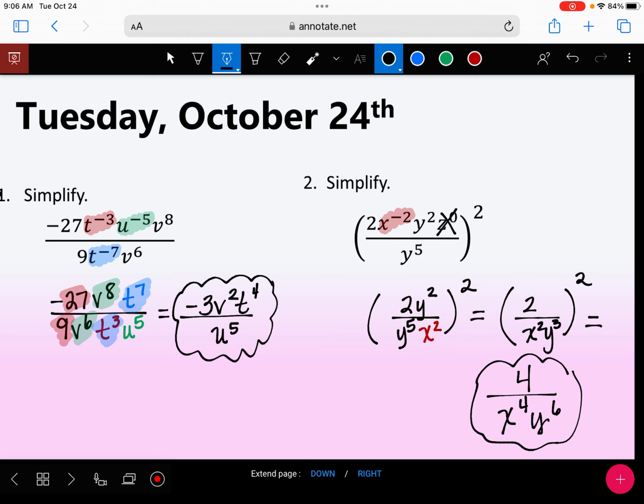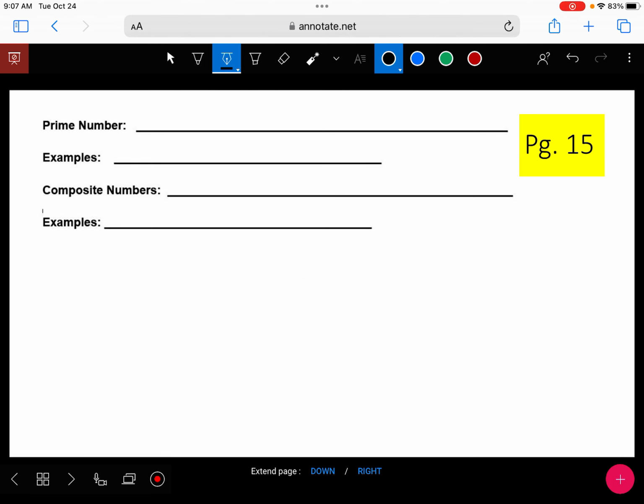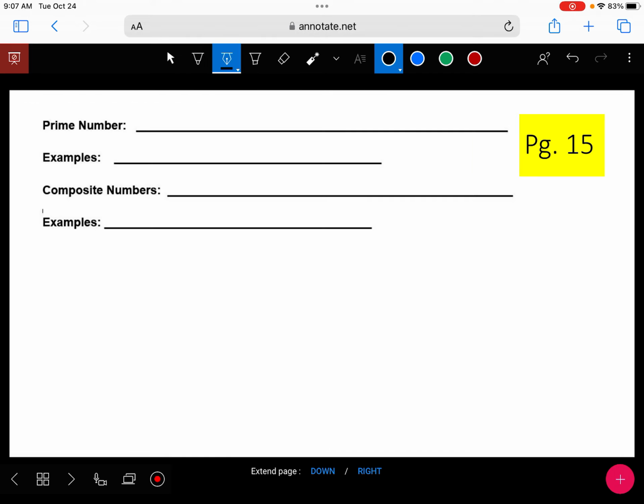All right, let's go to our note packet. And we're going to page 14. So the first thing we need to do on page 15, actually, we're going to skip to page 15, is